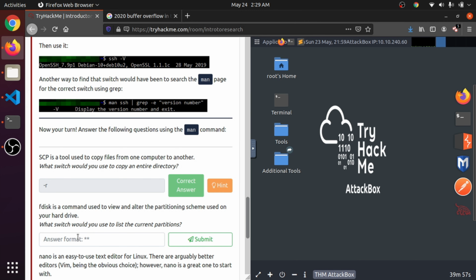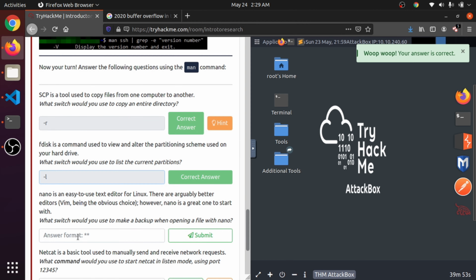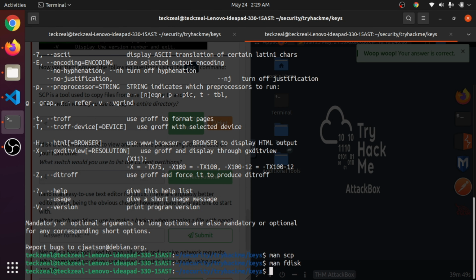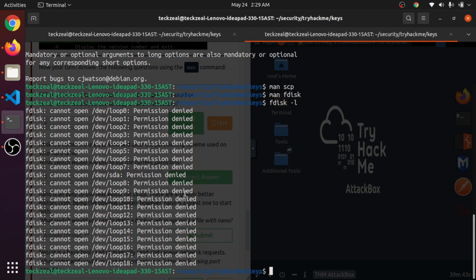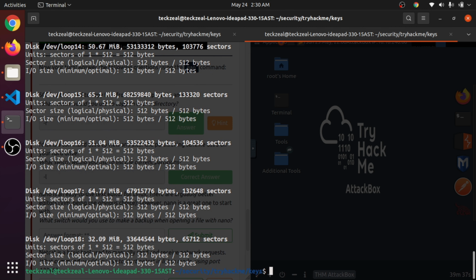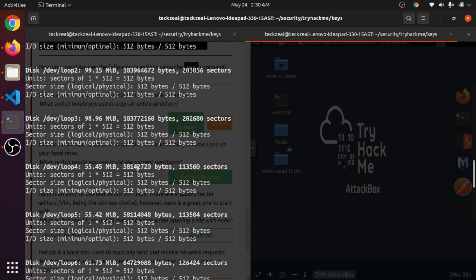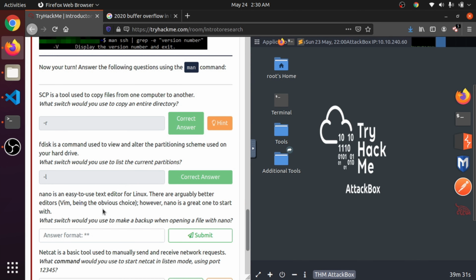Let me check. Okay, we will see these commands here itself. fdisk -l. Okay, I think sudo permission is needed for this. If you see, every disk is showing here, what the disk is and whatever the data of the disk, everything is showing here.